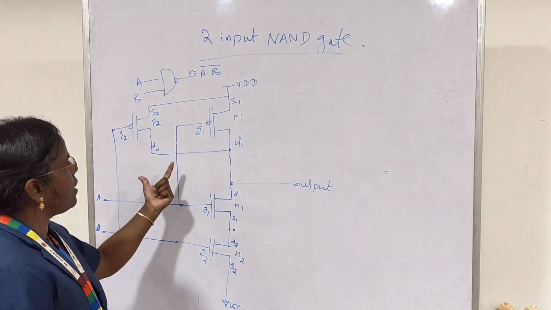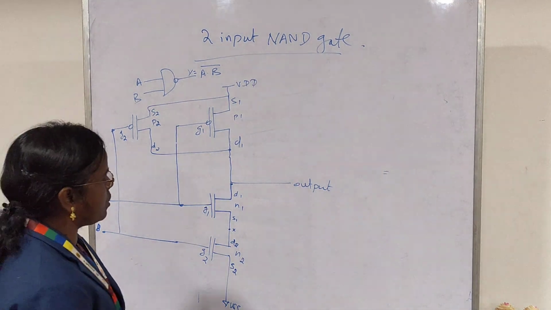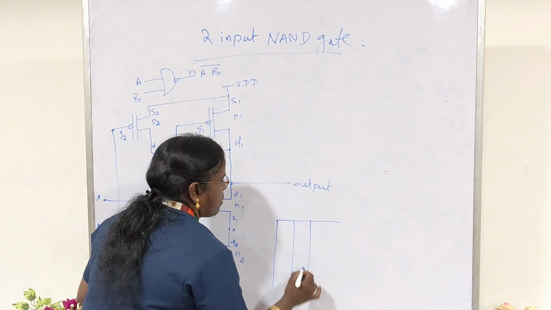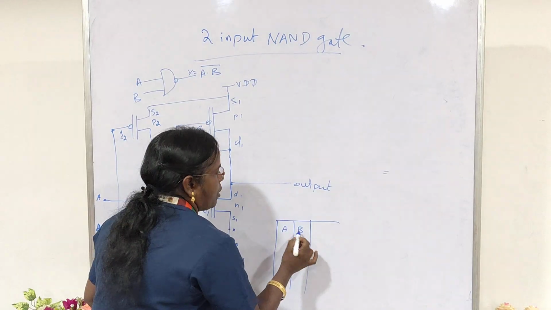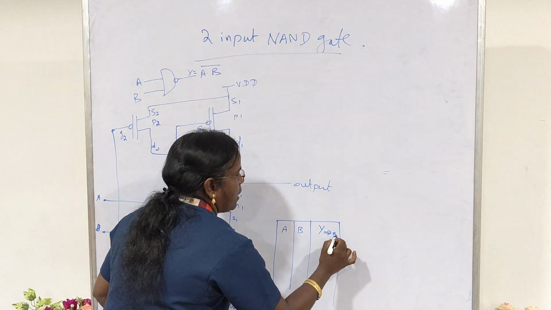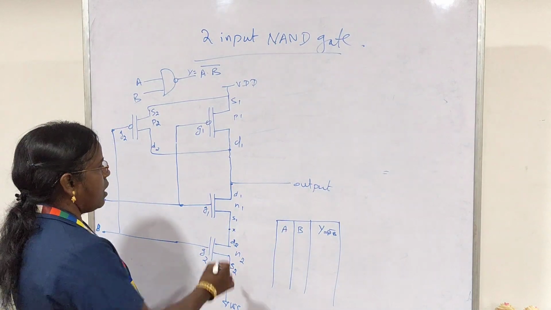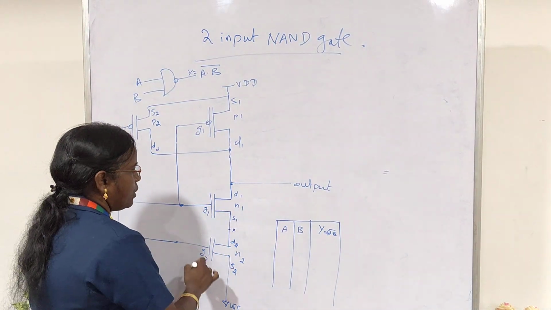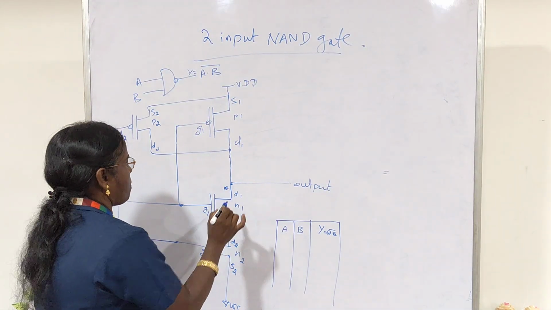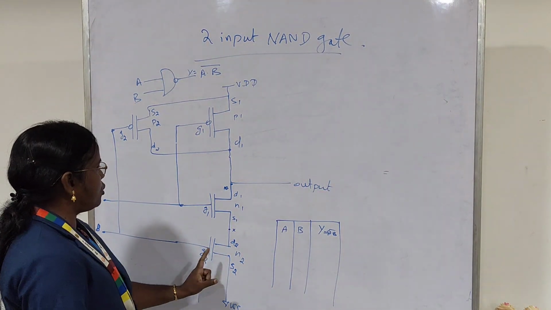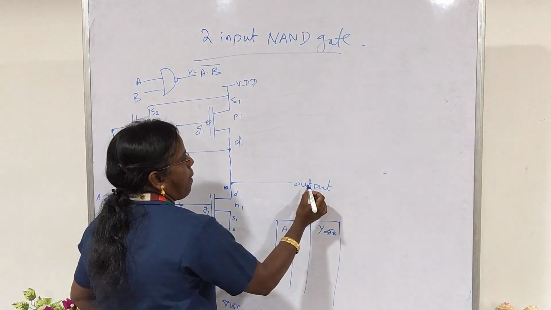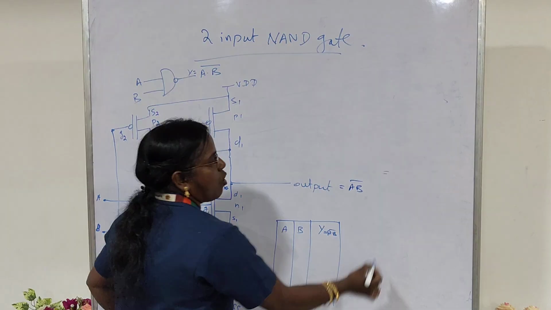Okay, so we can verify the functionality of this NAND circuit, right, by constructing the truth table. Take the input variable A, input variable B and the output Y, which is equal to (A dot B) the whole bar. Okay, so here the pull down network, two transistors connected in series, will generate the product AB. Here is the input A, input B. Here the product AB is generated and which will appear at the output terminal as (AB) the whole bar,